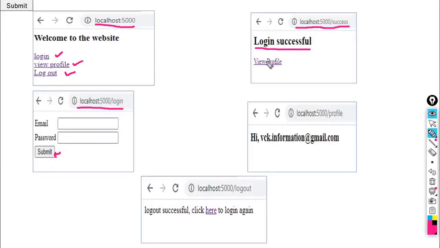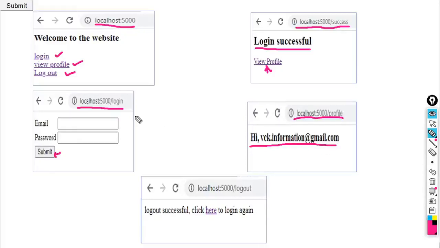Then one more link is provided here to view profile. All these links are given in the Python script. When you click on view profile, it automatically invokes the profile URL. So localhost/profile will be executed, and it gives you the message like this: hi,